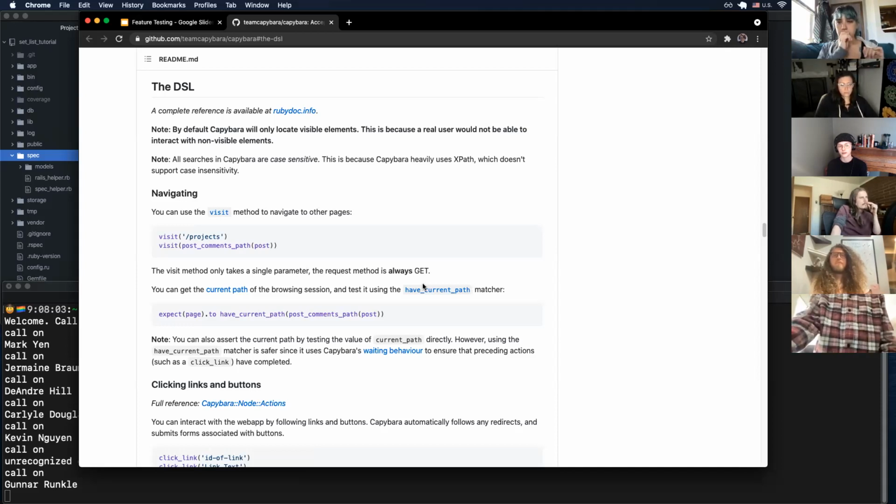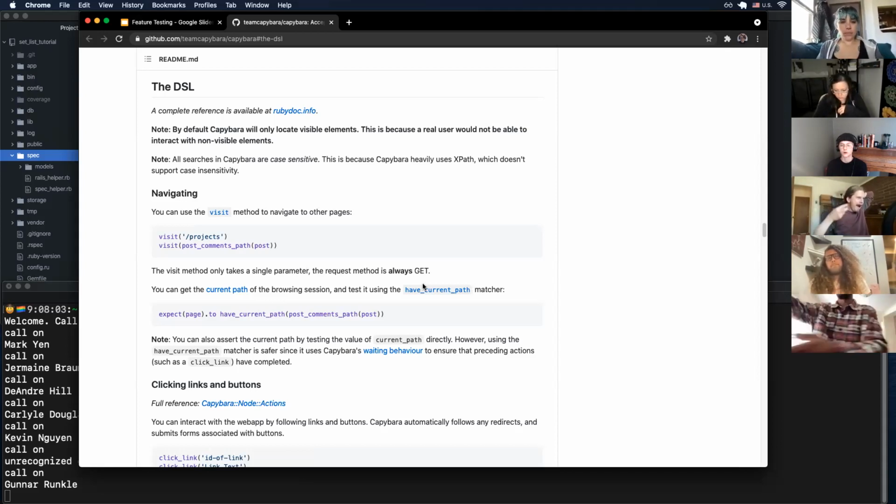It's still good to manually poke around in your browser and actually physically check that you can interact with your app the way that you expect. But the idea with feature tests is that you can always have automated tests that are verifying the basic functionality for you as well. And then other question,